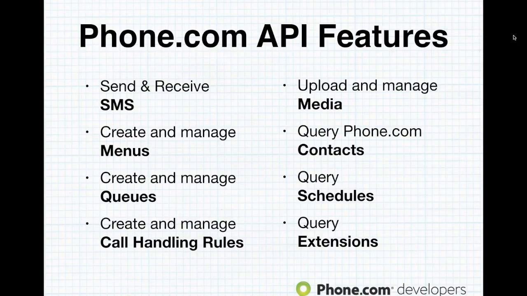The screen that you see of features is a fairly comprehensive list of the different features that you have access to with our API. The first and main one being the ability to send and receive SMSs. You can, with our API, create and manage menus. An example of that would be, if you, for example, have some crazy, complicated menu structure that could be influenced by time of day, or could be influenced by the season. You could build an application that automatically creates and manages menus without having to do that manually yourself in your